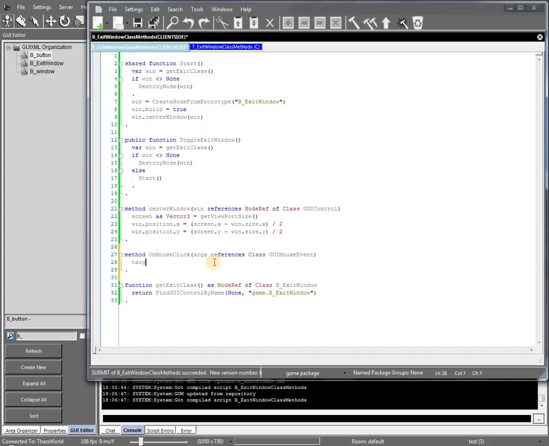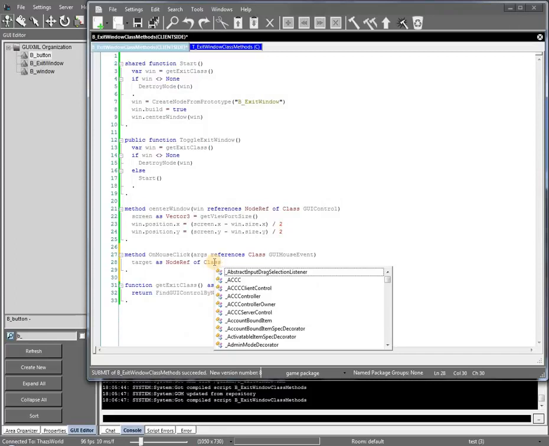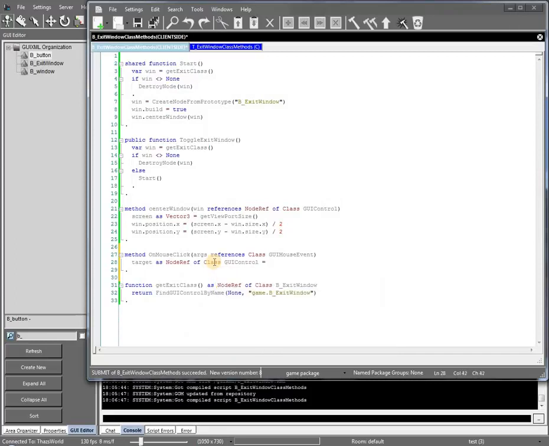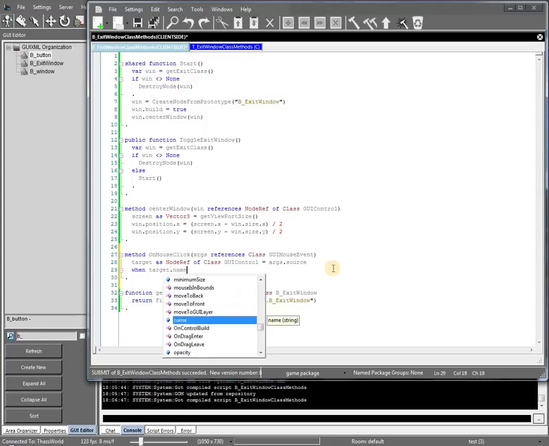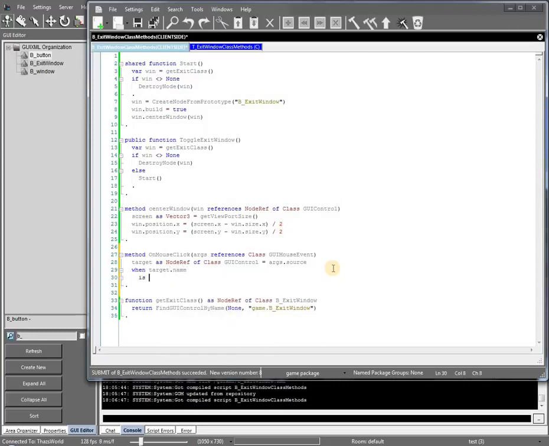Here we will add target as a node ref, GUI control. This will equal args coming in and the source value. Okay, when our target name is